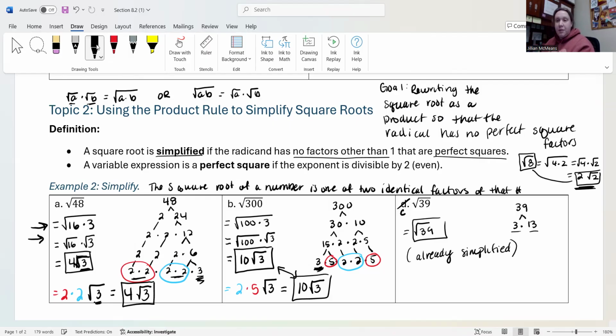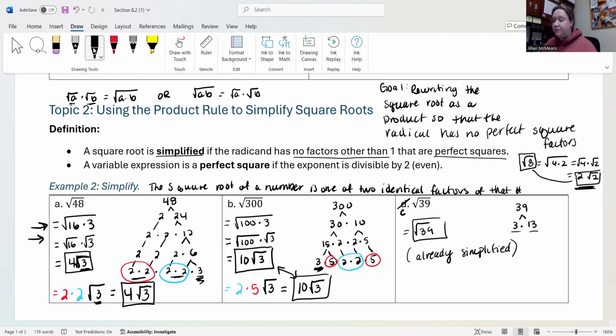Okay, so make sure you understand how to simplify radicals. This is something that'll come up when we work with quadratics. We've already looked at solving quadratic equations, but we're going to look at solving them using methods called completing the square or the quadratic formula, and knowing how to simplify a basic square root is definitely going